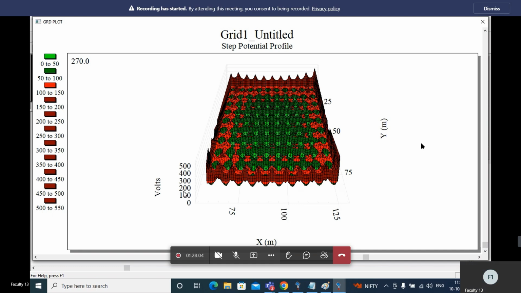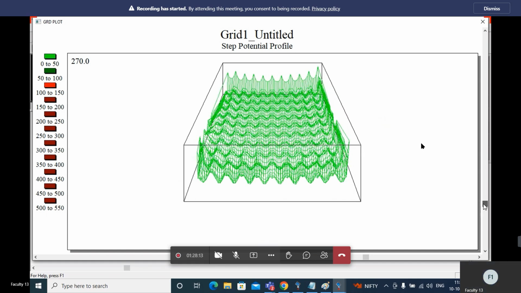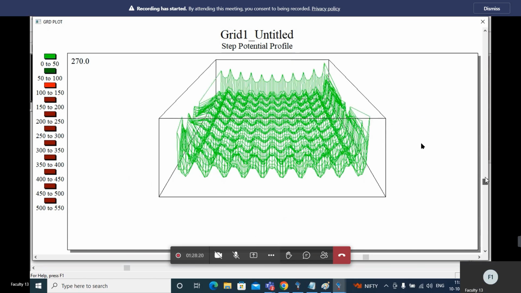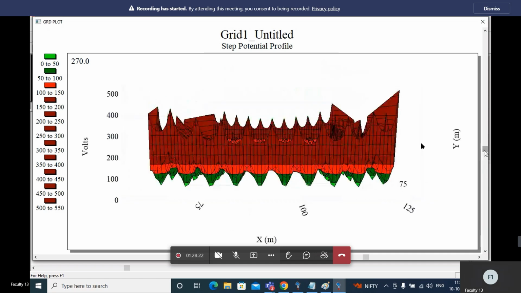If it is in between this range, the color is nearly brown. If you enable that voltage limit, it shows.